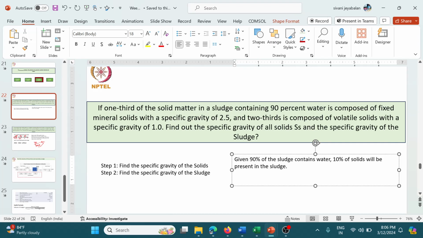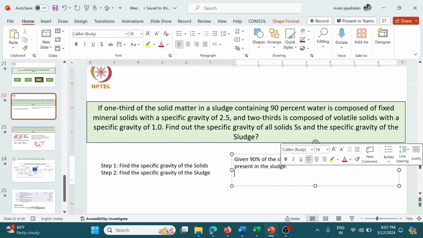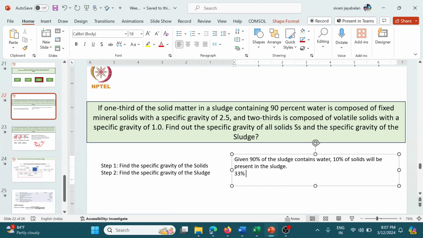When it comes to volatile solids, it contains two thirds. So one third, in the sense 33% of the solids, are fixed solids